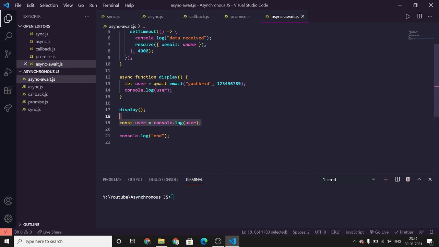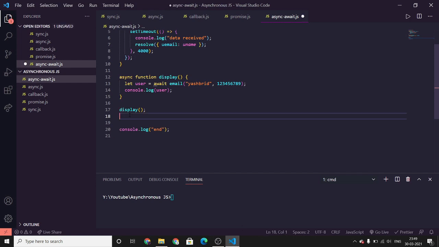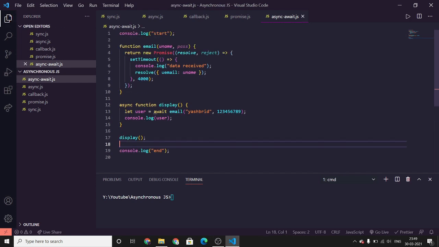We don't need this. So now let's run this program. So as you see, we got our data, that is object uemail.